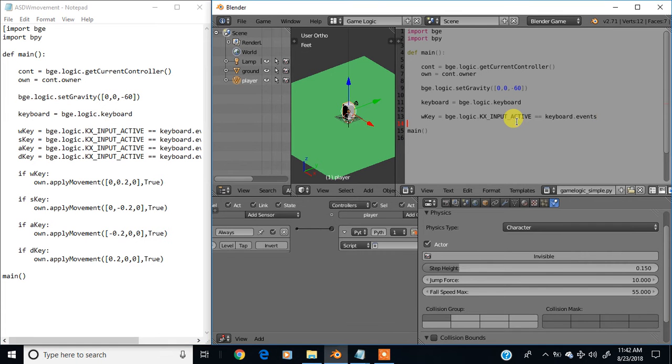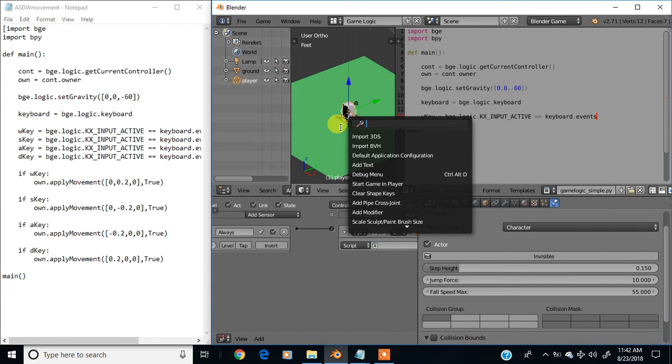Also, when you go to another window, make sure you select this window. Always keep your mouse over here, because if you come over here and hit space or whatever, it won't go,